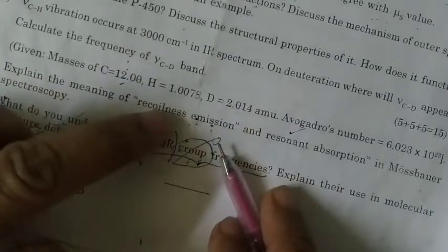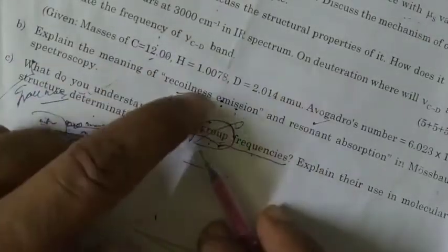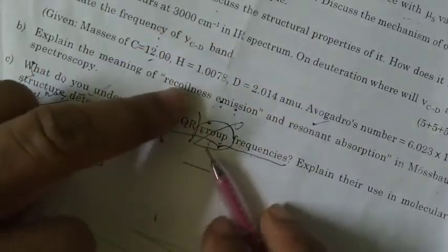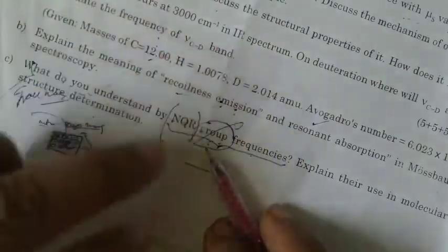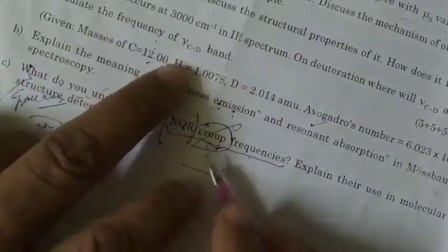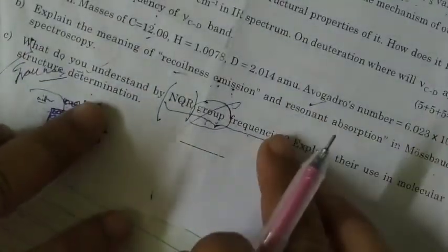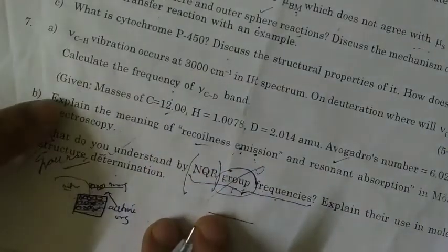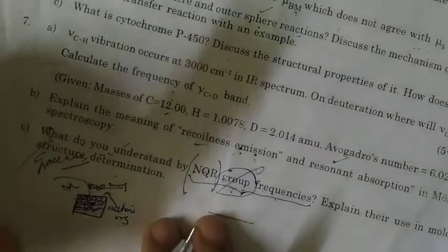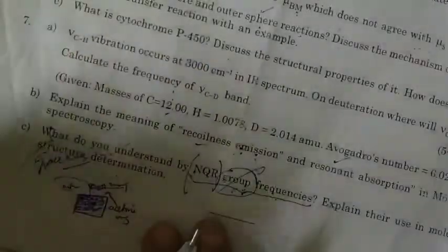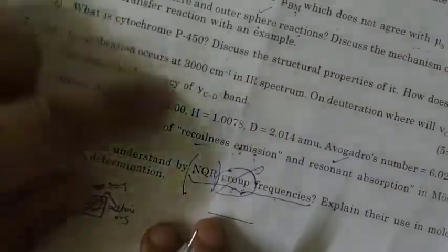We have explained that very nicely in one of my videos as well as in class, so you can mention it. It's straightforward. You can take the points I have given you and elaborate with the diagram, and you will get 5 marks. So diagram is necessary here, formula is necessary, correct answer is necessary here, and finally NQR, this is grace marks for those who are obtaining 555 for question number 7. So if you attend this correctly, no doubt you are going to get 5, and this also will get 5 marks. If you just touch this question somewhat, you will get the 5 marks here. So this is how the seventh question can be.